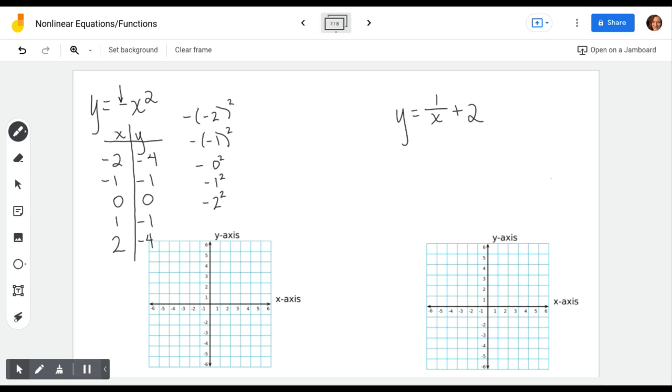Because this was x squared, I already knew that it was going to be a parabola. It's going to be a U shape. But what happens is that negative on the outside, it flips it upside down. So it's an upside down U. So I have a point at -2, -4,